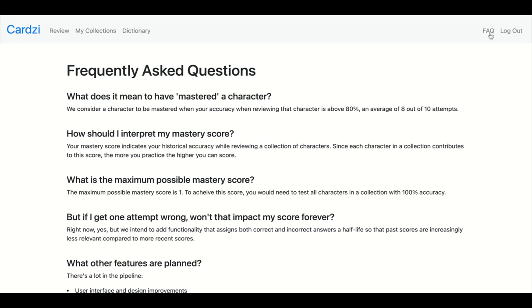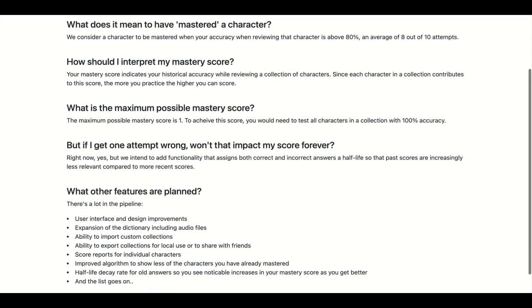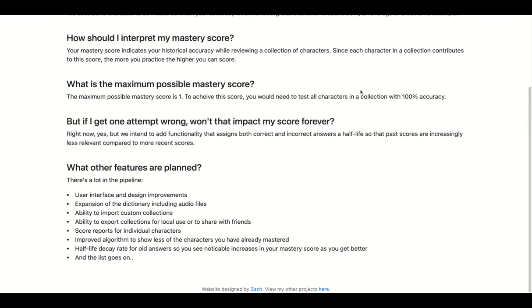For new users or users that are unfamiliar with the service, we have some frequently asked questions to clarify something that they don't know. It also shows what features we have planned for our roadmap, which include user interface and design improvements, expansion of the dictionary, including audio files, the ability to import custom collections or export collections for sharing with friends or for local use, score reports for individual characters, and also an algorithm that shows you less of the characters you've already mastered and more of the ones you don't know, so you can focus on learning characters